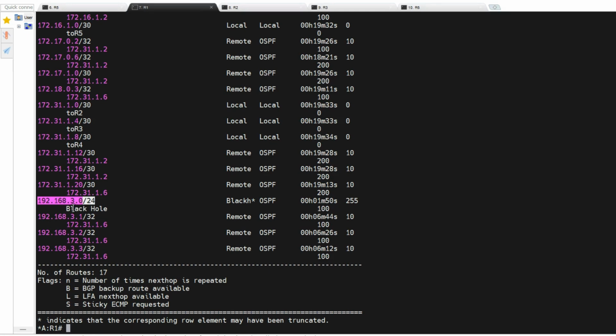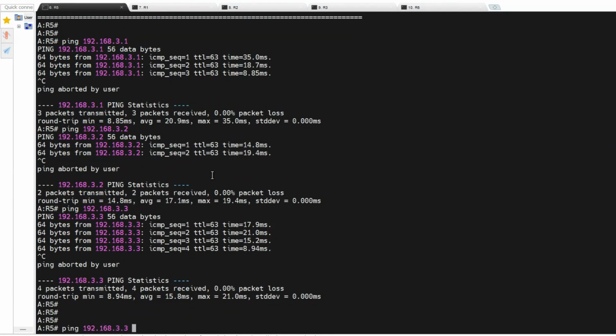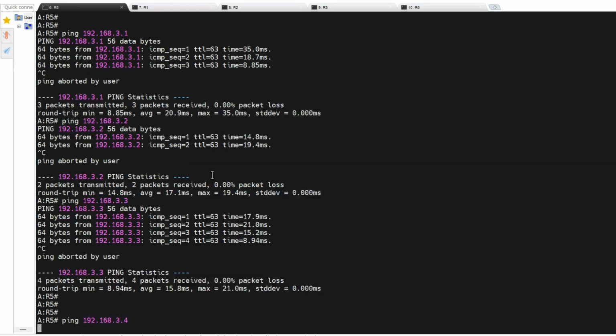This will match any address that does not exist within the 192.168.3.0 range. So if we go back to router 6 and ping, for instance, a .4 address, which we know doesn't exist, and hit return on that,